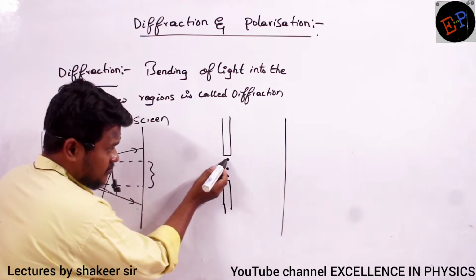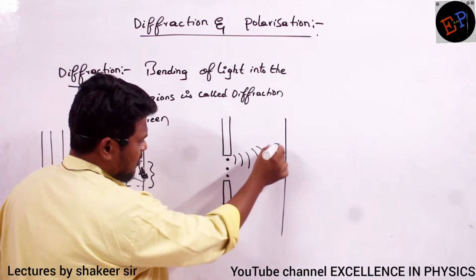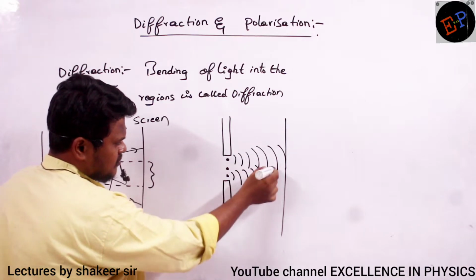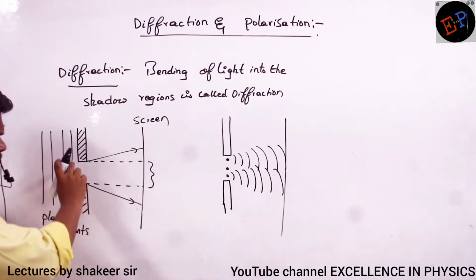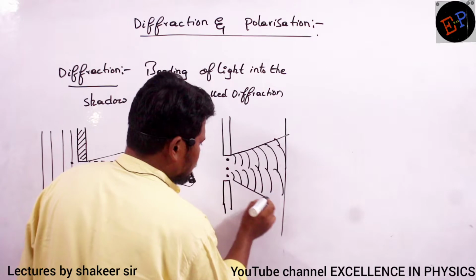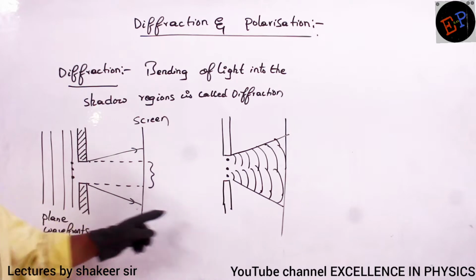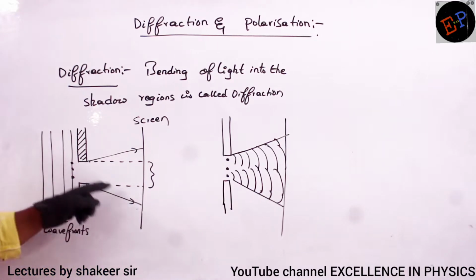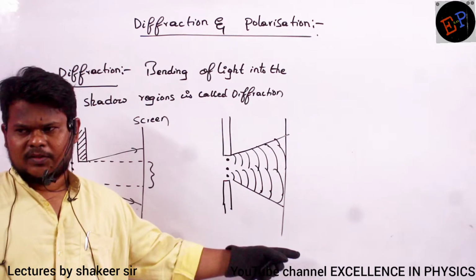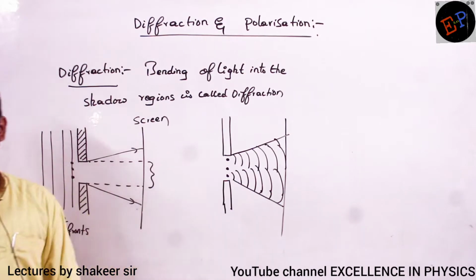So if you take this light, which is present on the wavefront, it will propagate like this. It will propagate like this. Similarly, this point also will propagate like this. So actually light is not present only here, but light is entering into shadow regions also. This is the reason. Every point on the wavefront behaves like a secondary source, and this secondary source of light again spreads in every direction. So instead of falling just in that region, it spreads into the shadow region also. That principle is called diffraction of light.